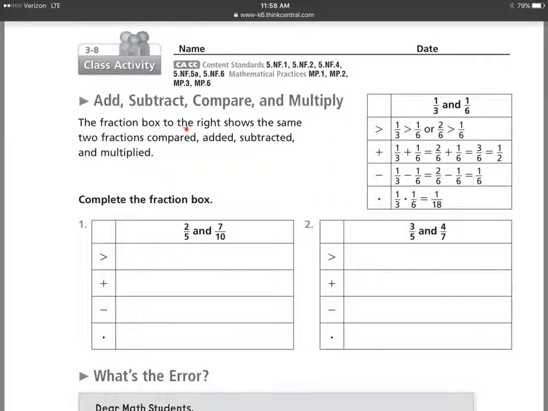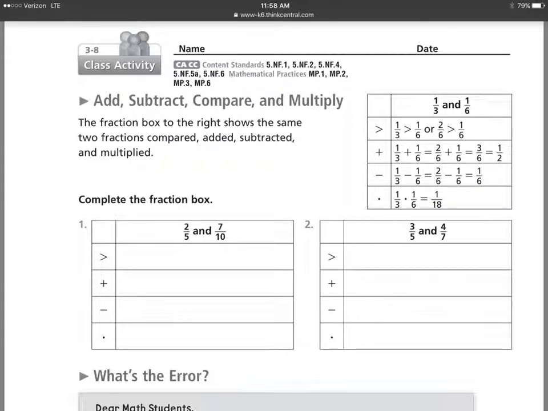The fraction box to the right shows the same two fractions compared, added, subtracted, and multiplied. So look to the box on the right. You'll see what we mean. We're taking fractions 1/3 and 1/6, and in the first box we're going to compare them. This is a comparison sign. We're going to tell which fraction is greater than the other. Then we're going to add them in the box below, subtract them in the box below that, and multiply them